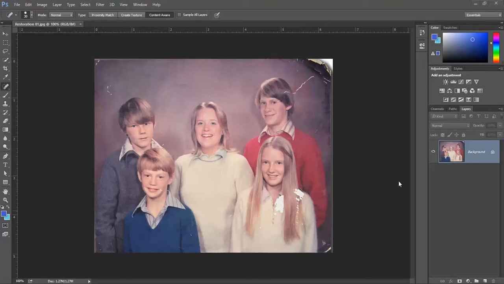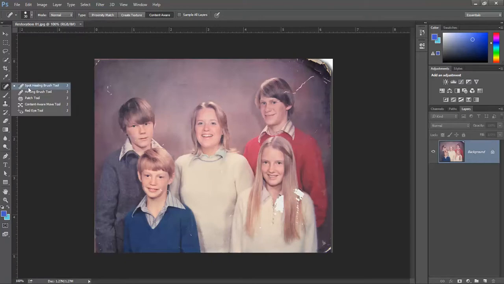Okay, so let's have a look at how we can use all of the photo restoration tools in Photoshop to clean up an image like this. There's a lot of things we can do that are quite automated, quite clever tools, but there's other things we need to really start thinking about, layers and being a bit more manual with the cloning tools, etc. Okay, so let's start off with